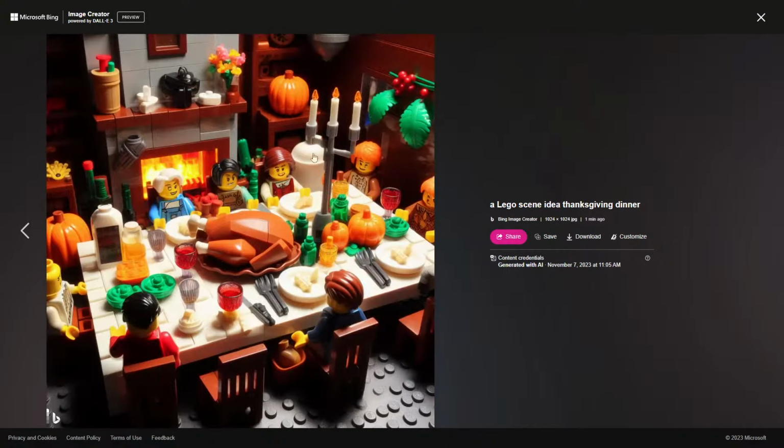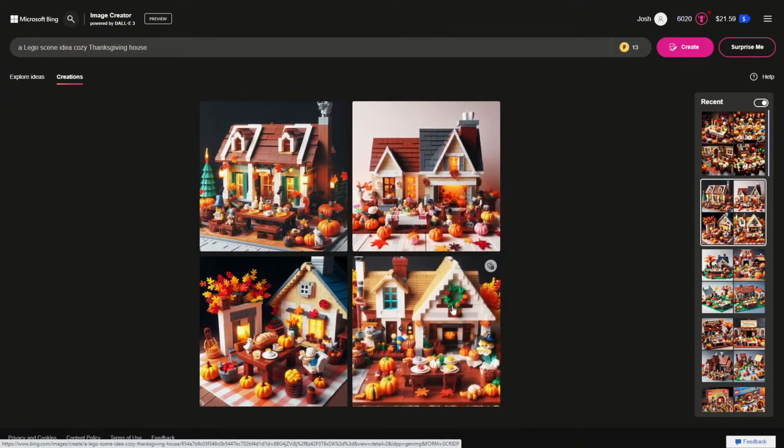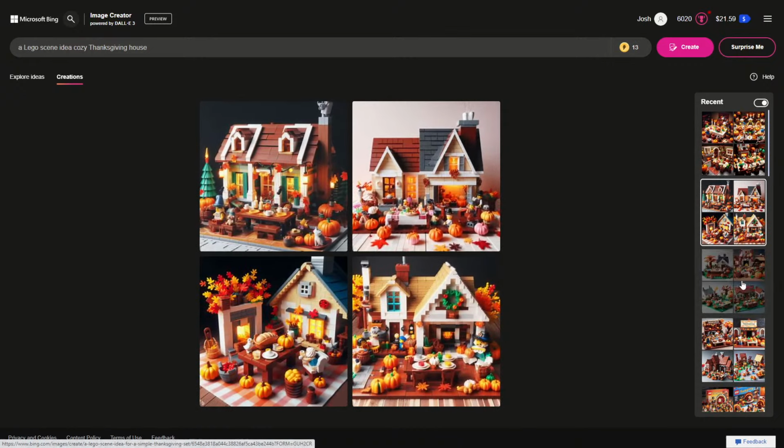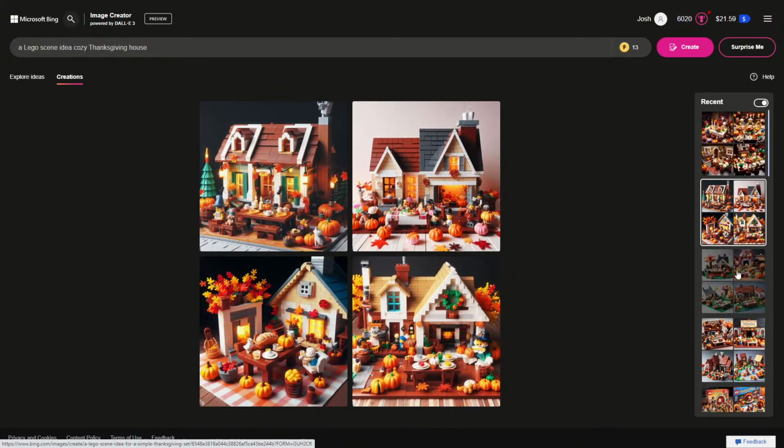Another simple Lego scene. So far the winner, I think, is just building a simple little house scene with a simple table on the outside, some people eating a feast. So we'll probably go for something like that. And then